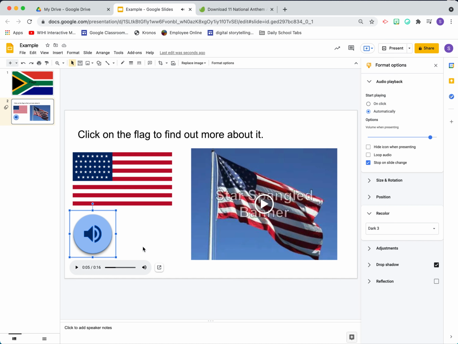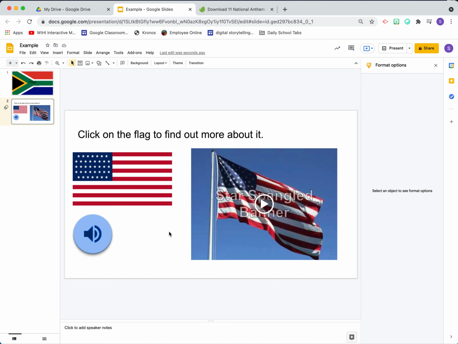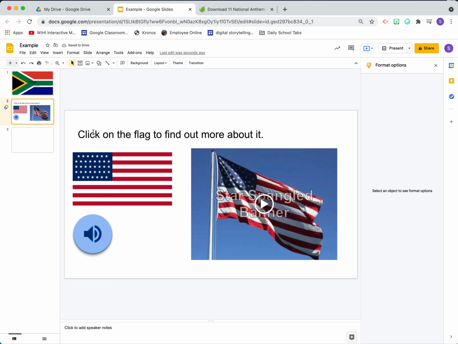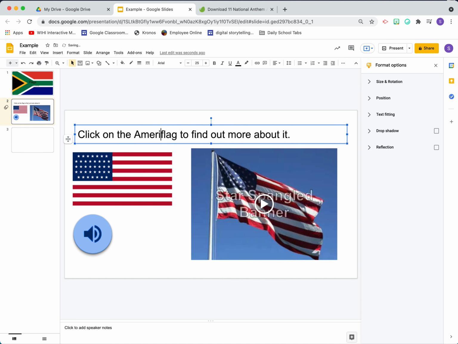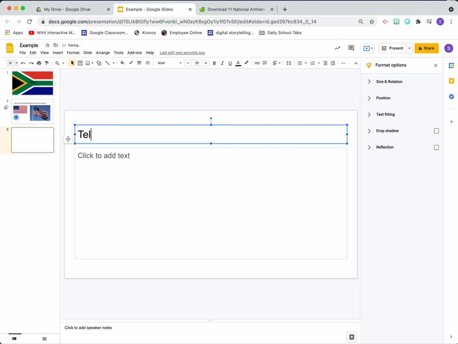So kind of interesting, we have the national anthem, we've got the Star Spangled Banner, we have the history of the flag linked to the website. So this is an interactive page for students. So you could say for your next slide that you want them to do something with the flag that you just found. So they're looking at the American flag, and I might even go back here, instead of saying click on the flag to find out more about it, I might say click on the American flag to find out more about it. And then I could come here and I could simply say, tell me